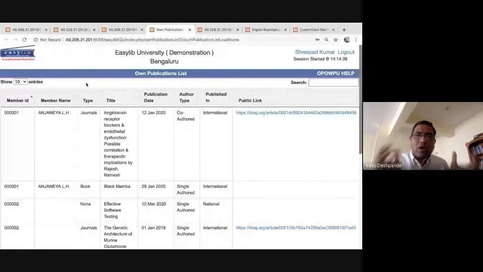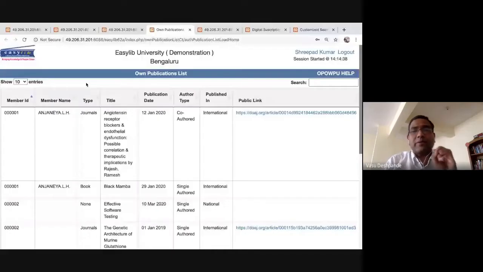Probably your scope of the collection was what is inside the library. But now, in the new definition, the librarian's scope may be expanded to be a facilitator for collating all the material of the entire university or college, no matter where it exists. It could be in the library, with the professors, with the students, with your records, wherever. If you think other people will benefit, you want to catalog it in your